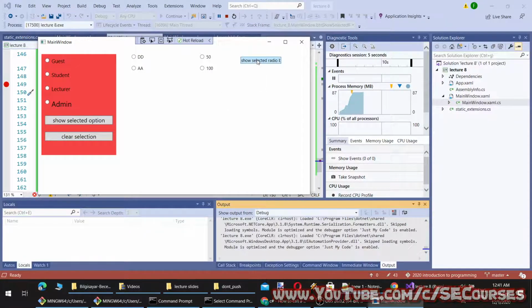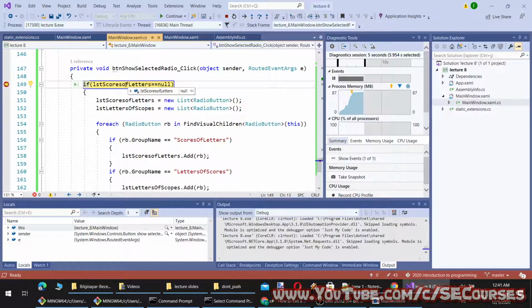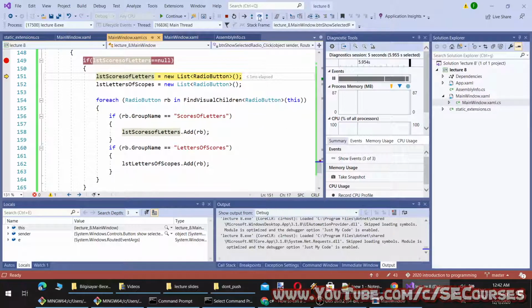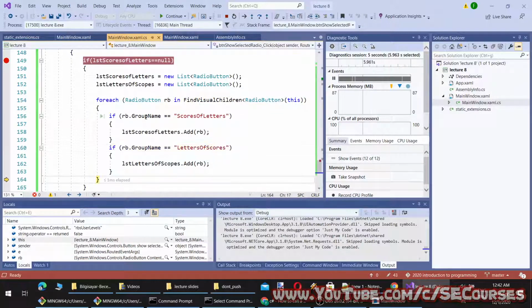So when I click this button, it will check whether this list is null or not. Since it is null at the beginning, it is not initialized, so it will enter inside this if scope. It will initialize the list as empty lists. Then it will iterate through all radio buttons and add them to the list if their group name is these ones.